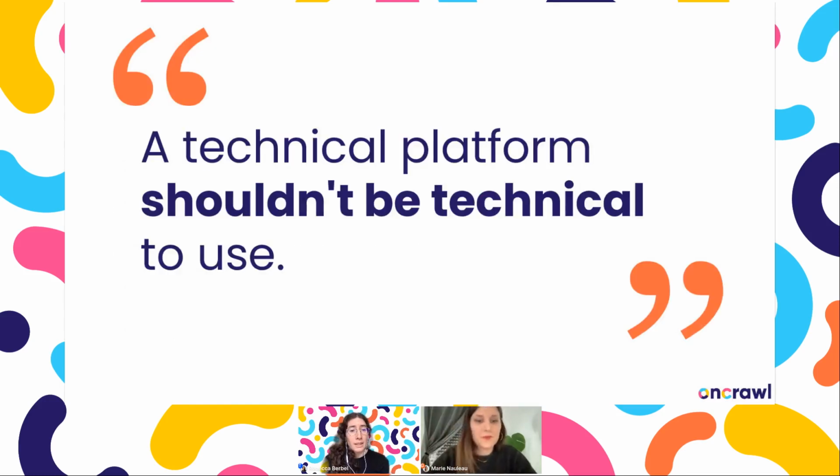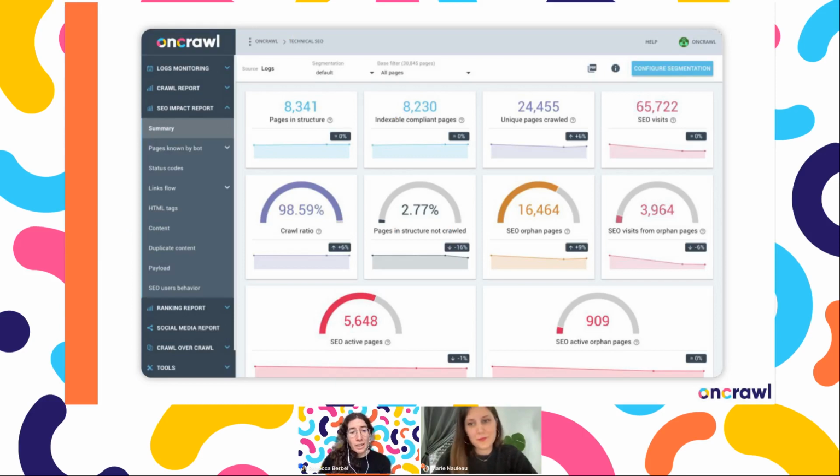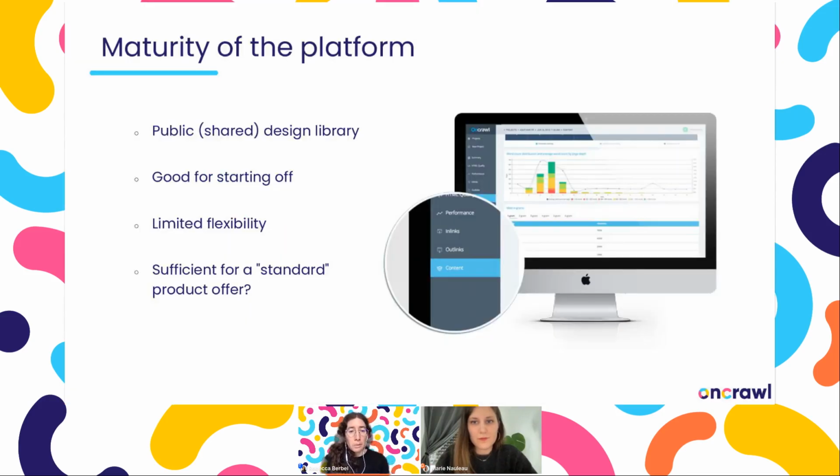First is that a technical platform shouldn't be technical to use, but that is where complexity was taking us. And the second is that our interface no longer represents an extension of our brand identity. In other words, we mostly reached a tipping point where what was in place in the visual identity of the Oncrawl platform